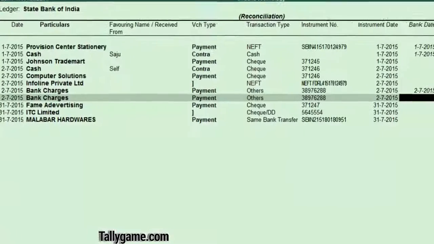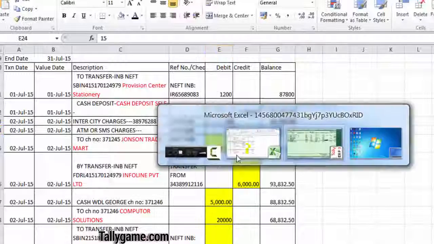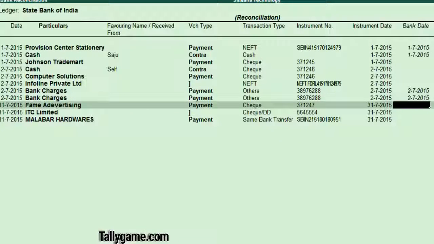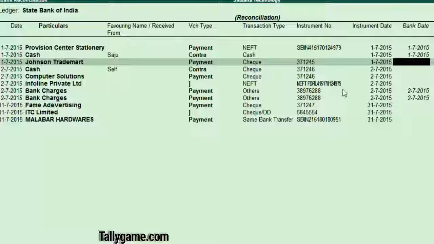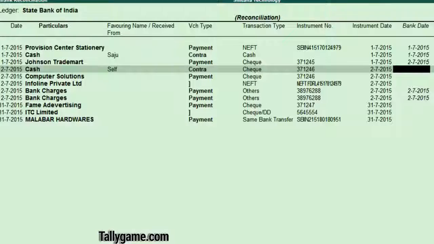The next one is also on 2nd July 2015. 7902.50 Johnson Traders, that's on 2nd July 2015. Cash withdrawal 5,000, that's on 2nd July 2015.